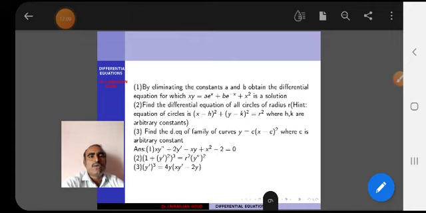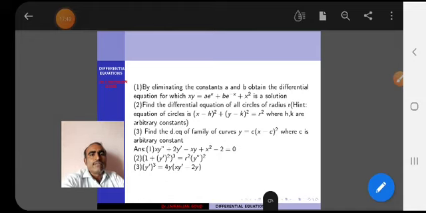So in this equation we have two arbitrary constants, so we have to differentiate two times. First let me write this equation as xy minus x square is equal to a e power x plus b e power minus x. So after the second derivative you will get the same a e power x plus b e power minus x. Substitute a e power x plus b e power minus x as xy minus x square, then simplify, you will get a differential equation. And I will show the solution of this second example.